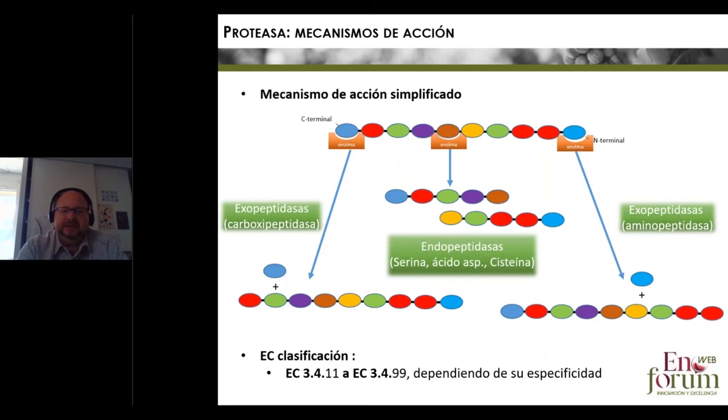You have two types of exopeptidase: carboxypeptidase that cleaves the protein on the C terminal peptide, or aminopeptidase that cleaves the protein on the N terminal peptides, and also endopeptidase able to cleave the protein inside the proteic chain, and the cleavage is located on special amino acids